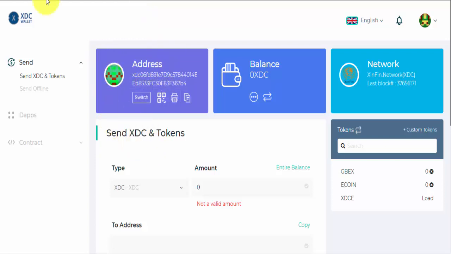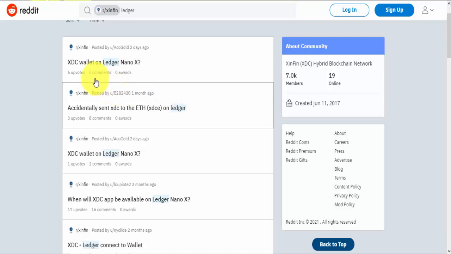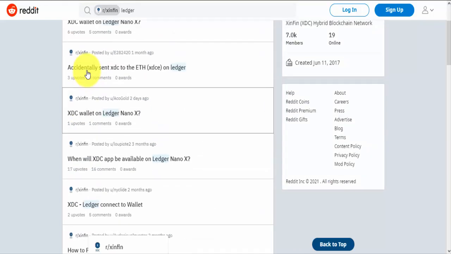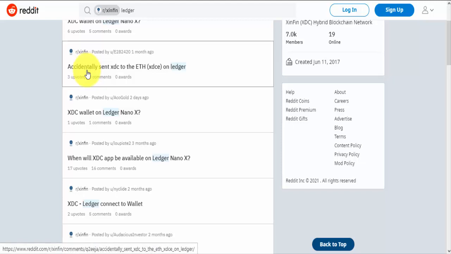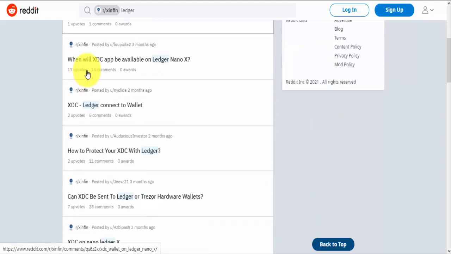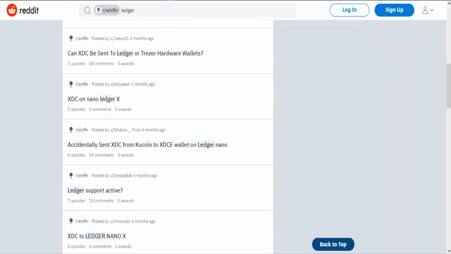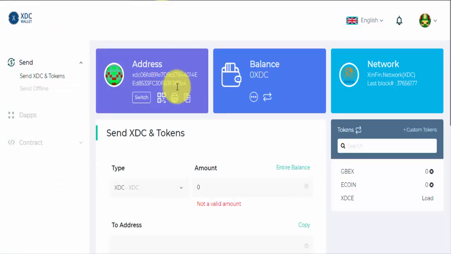So this is the solution to all these problems. Well, this is a solution for people that want to store their XDC with Ledger, but they don't know how to, and they're waiting for Ledger to officially have an app. You can do it right now, and this is exactly what I'm doing. And when Ledger eventually has its own official XDC app that you can download from Ledger Live, and they have XDC support on Ledger Live itself,